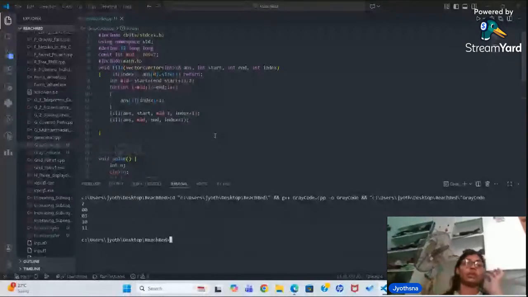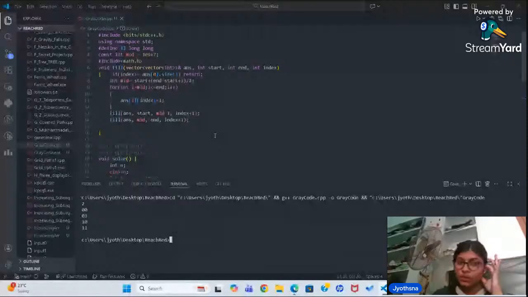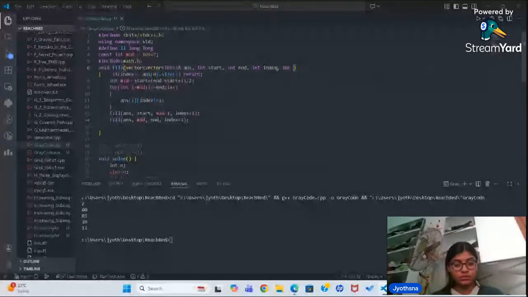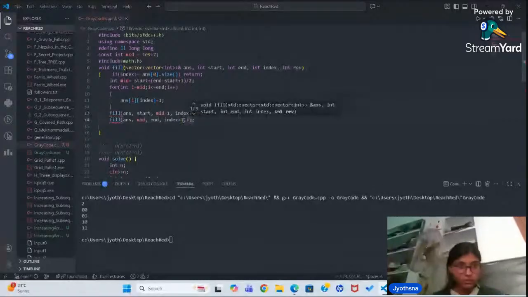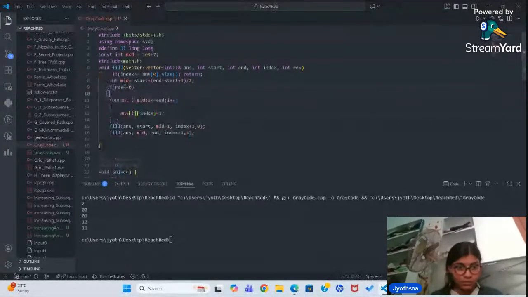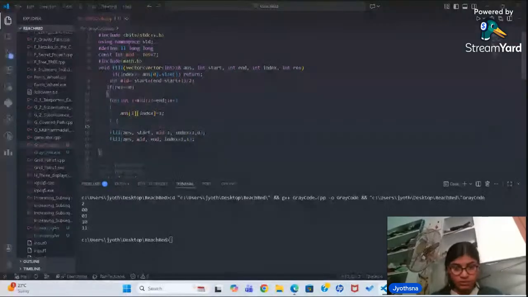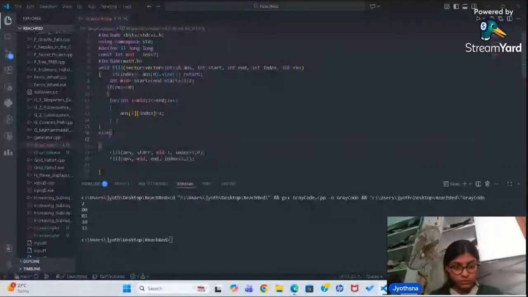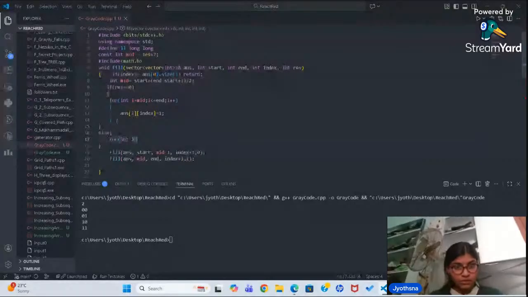Reverse, reverse, reverse. Zero. One. If it is equal to 0, this one. Else, I equal to